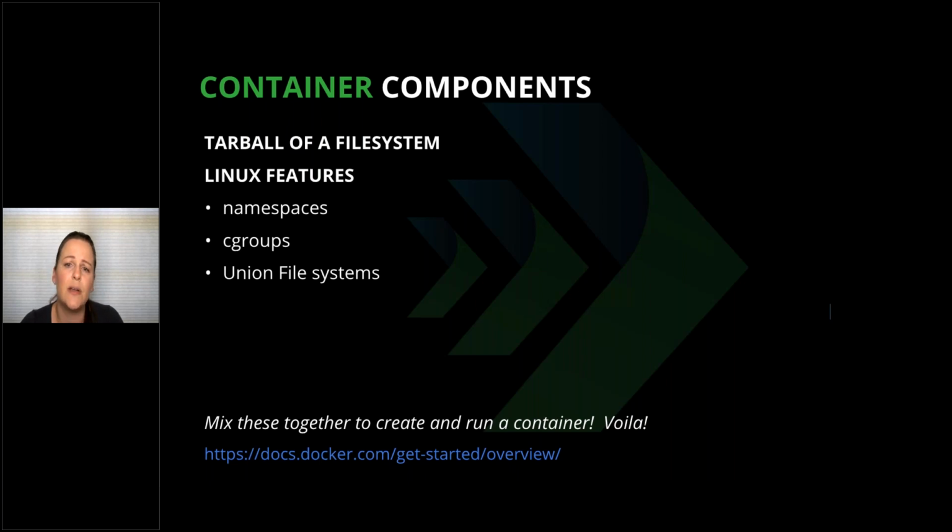The first thing to note is that a Docker image is really just a tarball of a complete file system. When an image is unpacked, it's just thrown into its own directory, which becomes its root file system. The second is that the processes involved in running the containers are just regular Linux processes. On top of that, a few Linux features are used together to achieve the isolation that we want from containers.